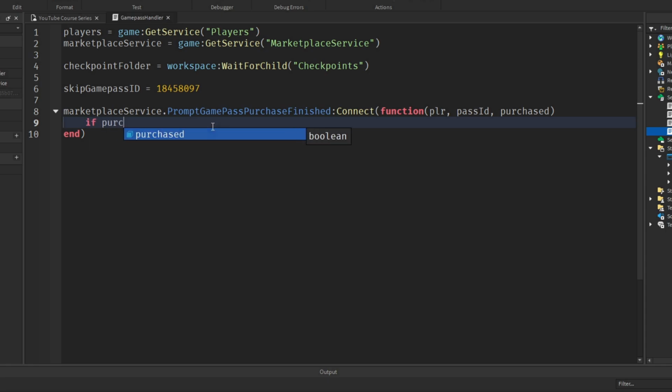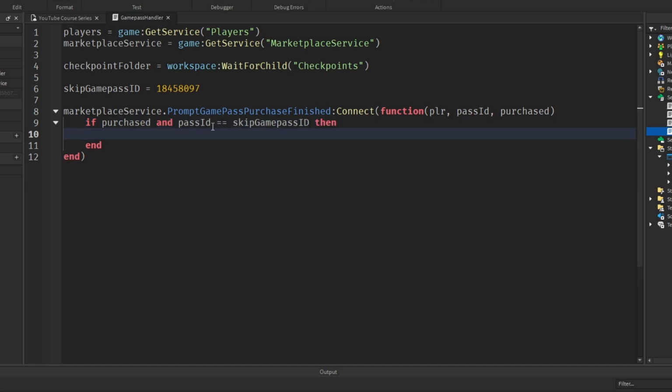So we'll say if purchased and pass ID equals skip Gamepass ID, then. So if it was purchased and the Gamepass ID that was purchased matches our Gamepass ID, so we know they're buying the right Gamepass, we'll say